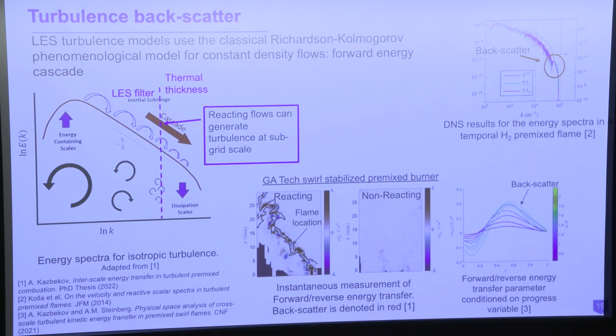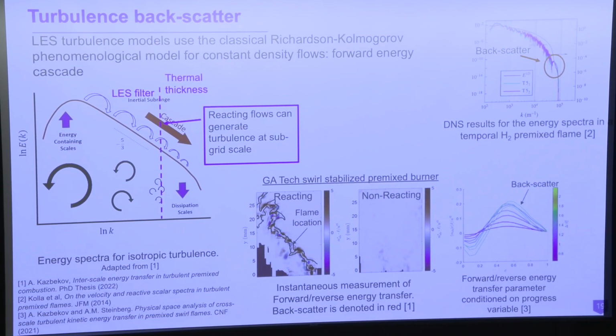Adam Steinberg made some measurements in an experiment of a swirl-stabilized premixed burner that's shown in the middle plot in the bottom. And they did instantaneous measurements of both the forward and reverse kinetic energy transfer. And he did it for a reacting case in that configuration as well as non-reacting. And what he found is that forward-reverse energy transfer exists in the flame front, where the backscatter component of that transfer is denoted in red, and blue denotes the forward